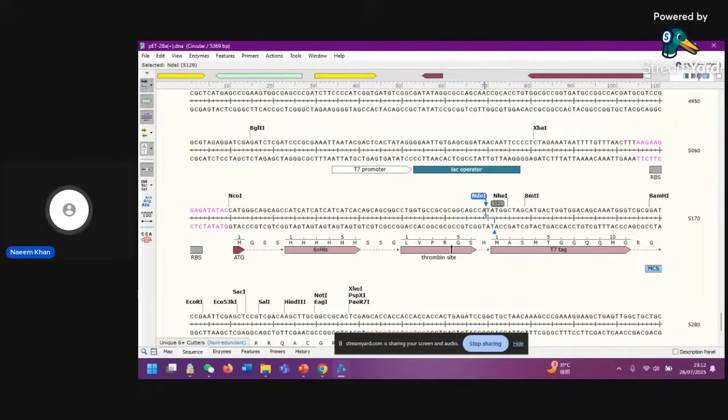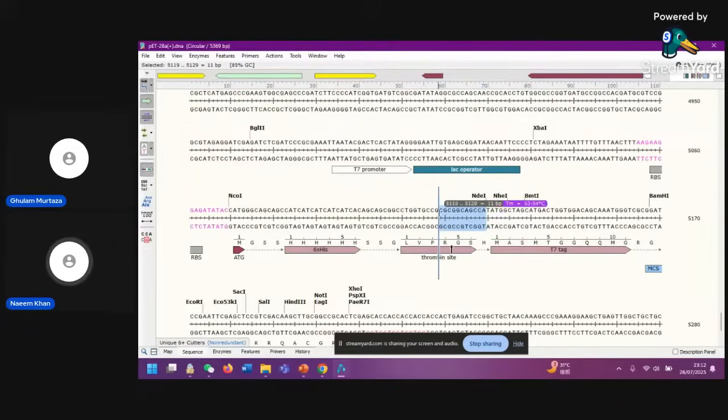So for the forward primer we are using NdeI. In the case of the primer, you can see this arrow. If you are choosing a forward primer, you must choose the top strand sequence, and it should be around 15 nucleotides from the left side and 5 from the right side, so in total around 20. Of the 5 from the right side, you can choose 4, 5, 6, 7, 8, 10, it doesn't matter because they are digestible, so I will